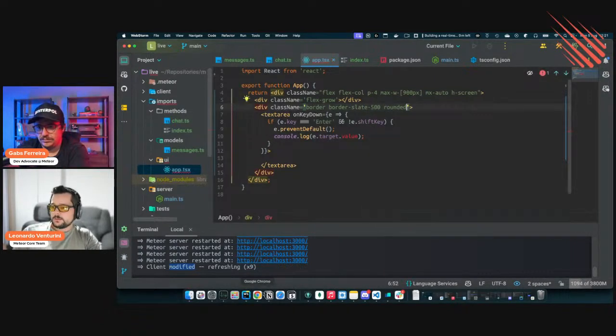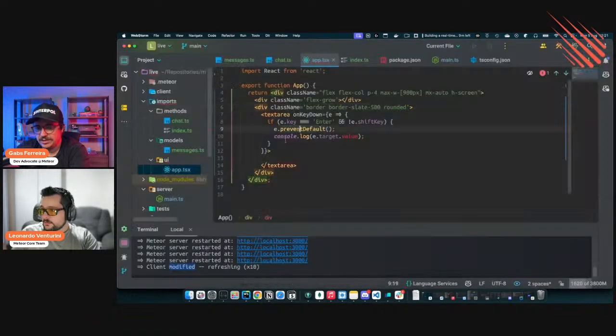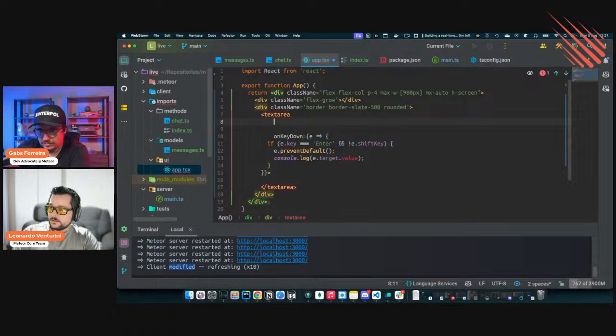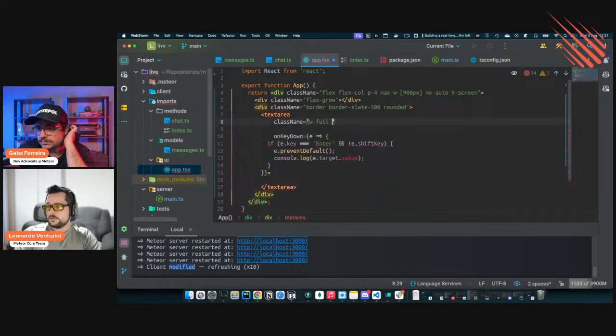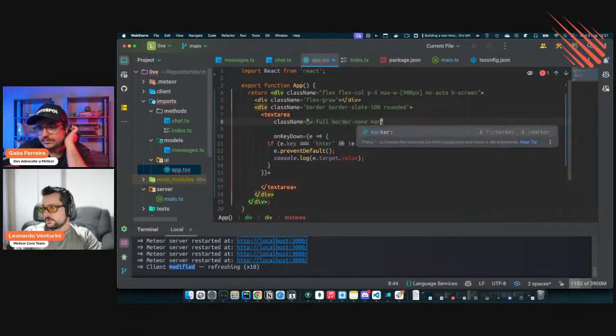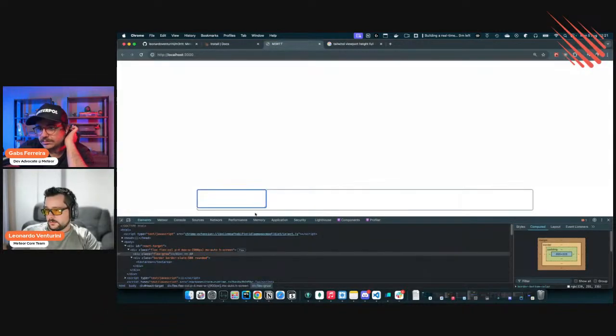Just some basic styling to make it look okay. Yeah, and here on the textarea we can add className w-full, border-none, ring is 0, and whatever, just to make it